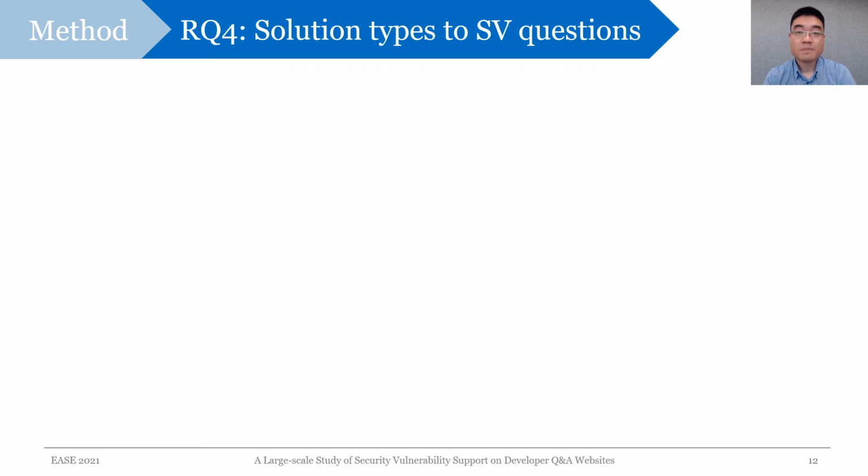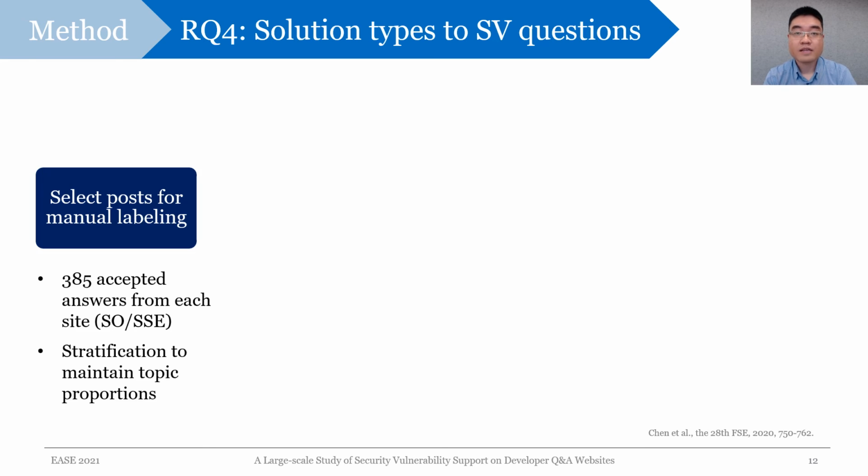So far, we have learned about the percentage of getting accepted answers and the expertise of users who gave such answers. In research question 4, we complete the big picture by investigating what types of solutions have been given in these answers. We need to manually extract the solution types from the accepted answers, as two instances of the same solution type may not share any similar words, such as the code to mitigate SQL injection in different languages, thus making LDA unusable here.